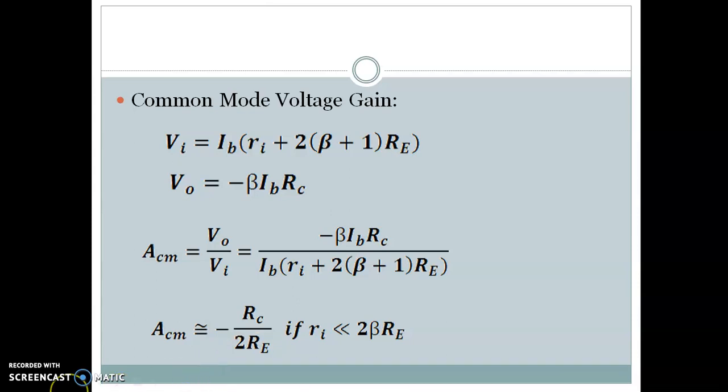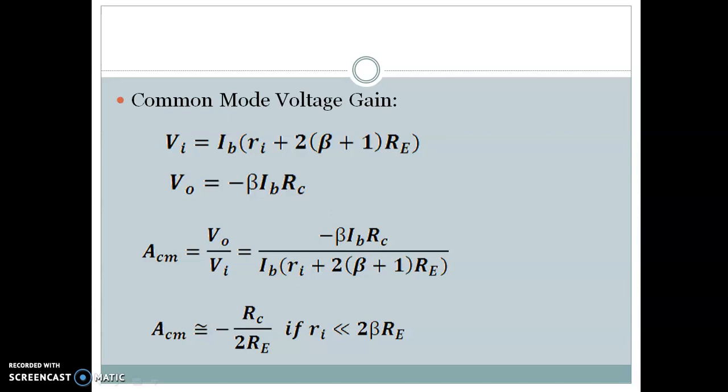But RE will be affecting the bias. So we can simply replace the emitter resistor by a constant current source, because what is the purpose of RE? With the help of minus VEE, it produces a current IE to make the transistor biased in the active region. Am I right? So instead of that, we'll replace RE with a constant current source IE. Whenever we have a current source, we know that the current source comes with a shunt resistance, which is going to be a very very large value.